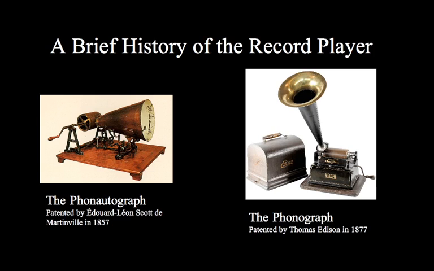And the way that this machine works is, you can see here, this is a picture of one on the left. You have a horn, right? It looks like a bullhorn, and that's exactly what it is. It's like an amplifier. It's an analog amplifier. And on the left of that, you have this rotating cylinder, and you can see that it rotates because it has this crank here. And the way that the mechanism works is